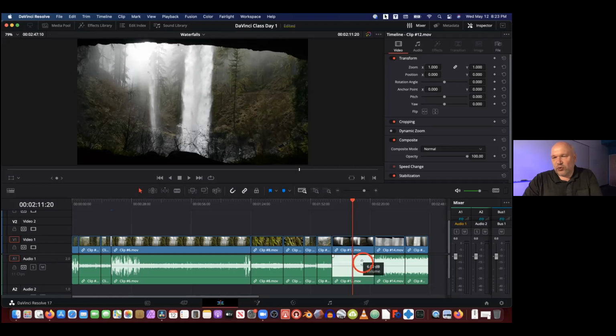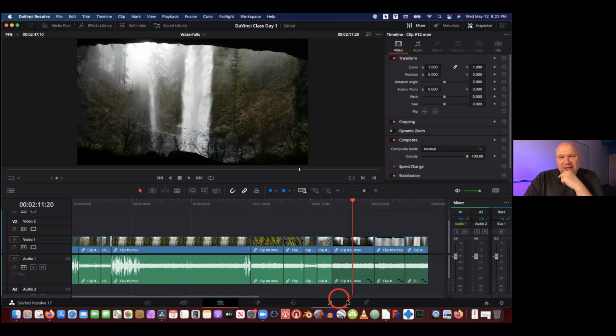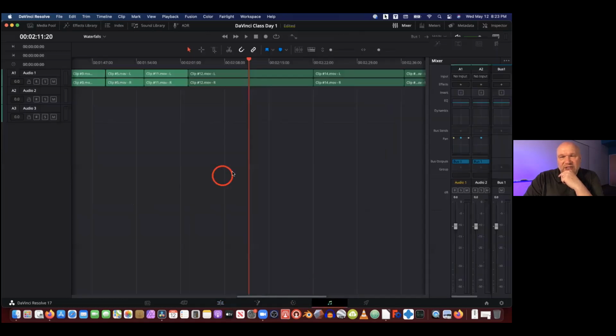So if these clips are really, really loud, and I want to bring them down to about the same level as the other ones, I can just grab that and drag it down very quickly. Is none of this available in... oh, this is in the edit tab. This isn't in the music tab. Yeah, this is still in the edit tab. I just wanted to show that you can do this. You can perform this in the edit tab,